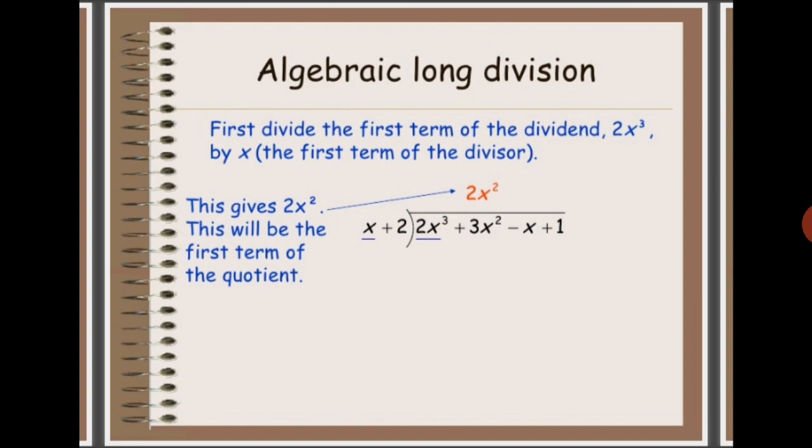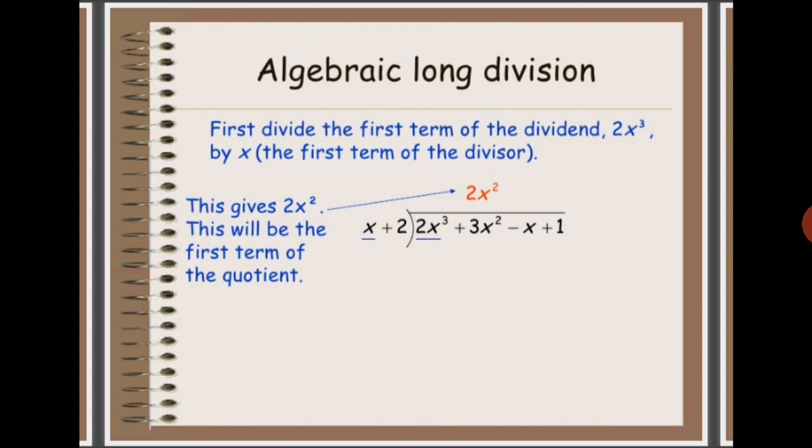Now look at the quotient. It is now having only one term. We always introduce terms one by one in the quotient. Then that number is to be multiplied by the divisor. But your divisor has two terms, that is, it is a binomial. So here we are having a monomial in the quotient place and a binomial in the divisor place. So the 2x square of the quotient is to be multiplied by x and then 2x square is to be multiplied by plus 2 of the divisor also.